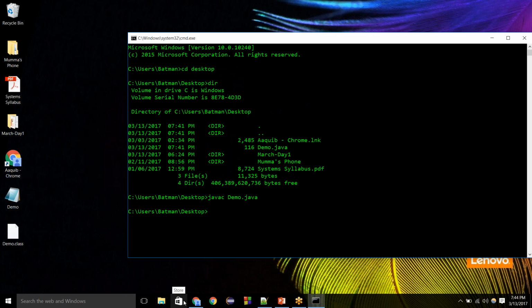Okay, so let's try that one. Java is our interpreter, and just give demo.class. Because it's an interpreter, you don't actually have to provide .class, because the Java interpreter only takes class files. You can actually include it, but the developers decided there's no point in having .class explicitly because all it accepts is class files. So you can just omit that one. So you just run this command and